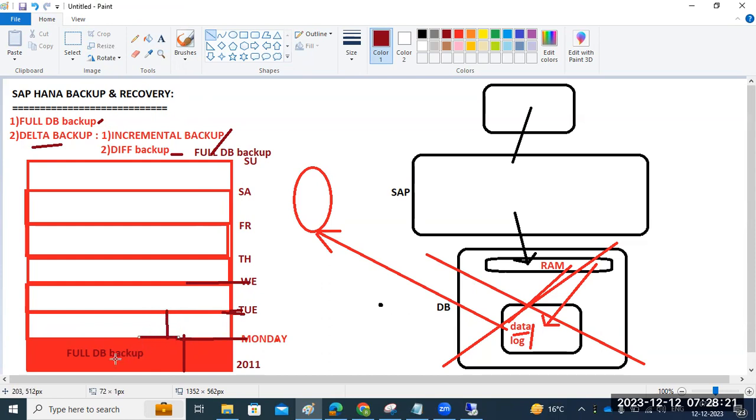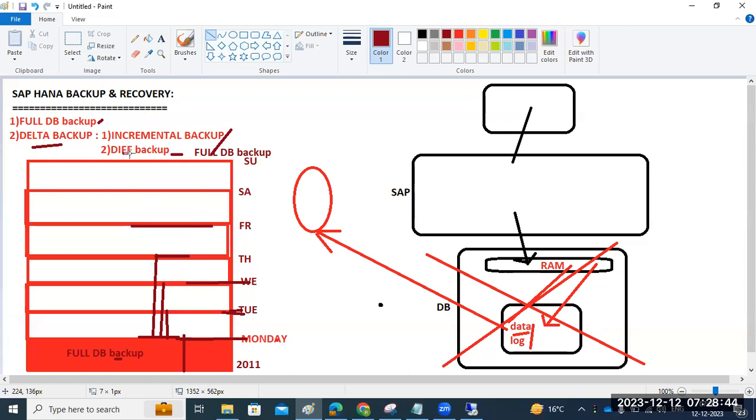When was the full backup completed? Monday. So from Monday to Tuesday it will take the backup. When taking the Thursday one, it looks at when the backup was completed, Monday, so from Monday up to Thursday it will take the backup. When you take the Friday differential backup,